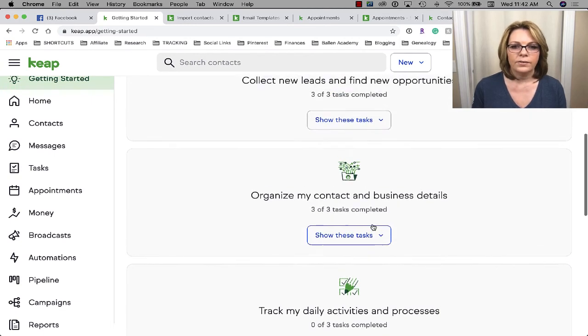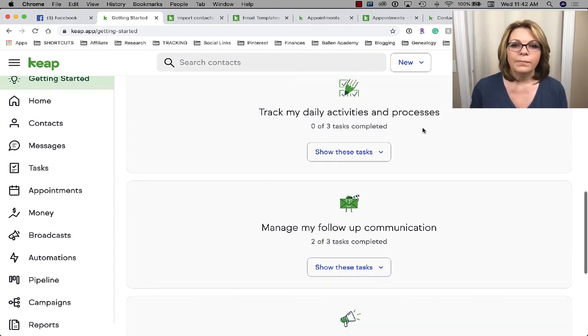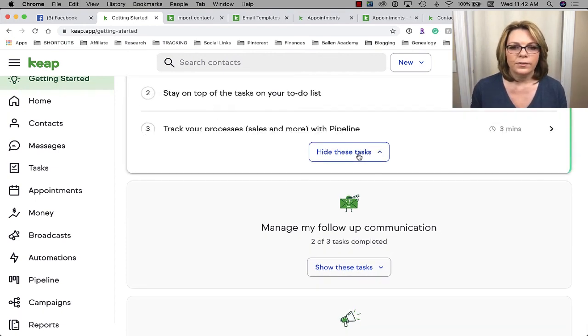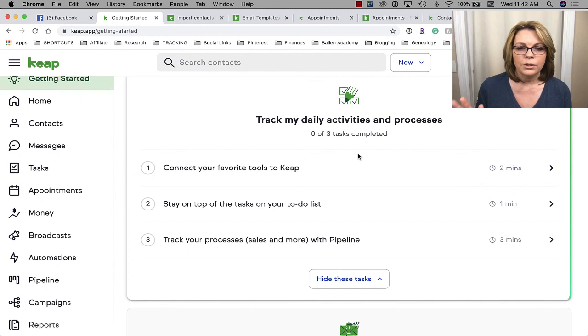Hide these tasks. Okay, now the next one, track my daily activities and processes. Let's click show. Again, we have 1, 2, and 3. The first one is connect your favorite tools to Keap. Number 2, stay on top of the tasks on your to-do list. And number 3, track your process with the sales pipeline. So let's go ahead and click on number 1,